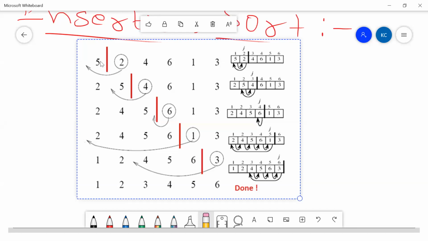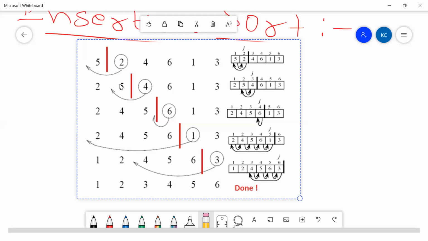What I'll try to do is I will start with my element called 2, right? I will not be starting with my first card, guys. I'll be trying with the second card. I'll take 2 and compare it with the element whatever is there to my left. I came to know that 5 is there. So I compare: 2 is less than 5, right? So it means 2 should be over here. I make sure that 2 is here and 5 is here.